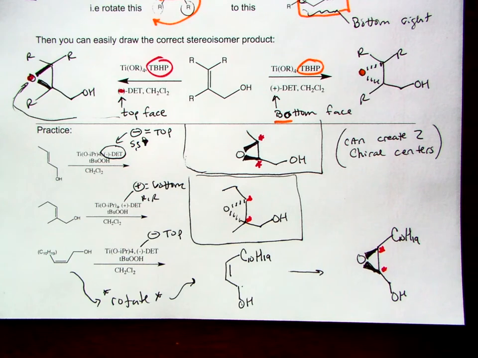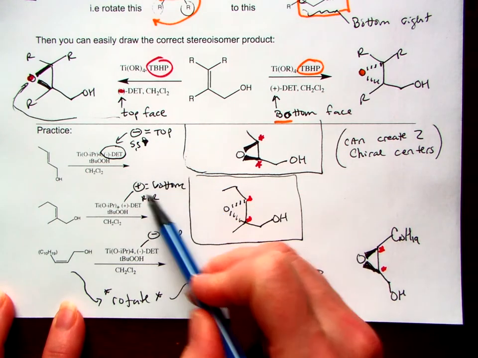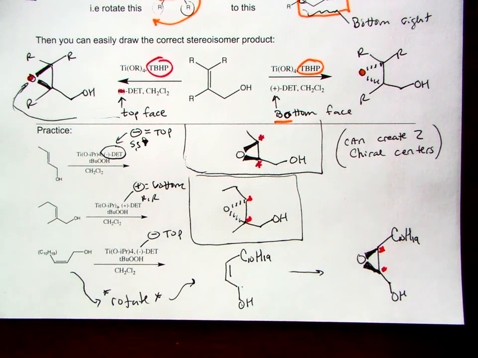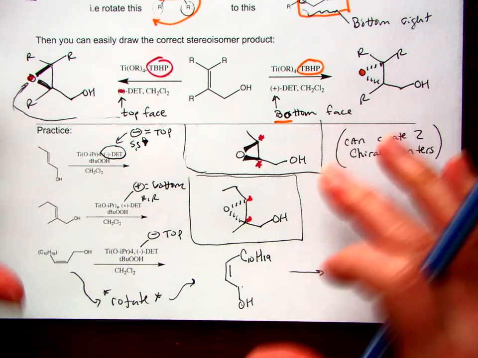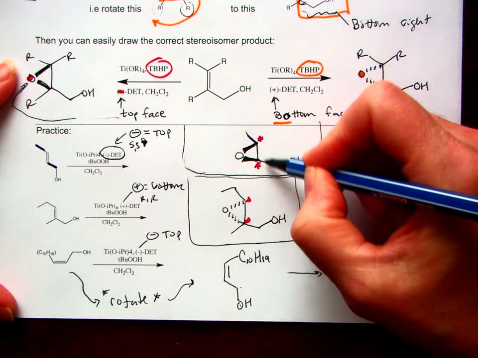Alright, now to our answers here. So what we should have is 3 products drawn where we've carefully analyzed which diethyl tartrate we've been given. Minus is going to approach from the top, plus from the bottom, minus from the top. And then you've got to be careful how you draw the orientation of atoms, right? I mean, obviously these are trans to each other, so they're still going to be trans when we draw them